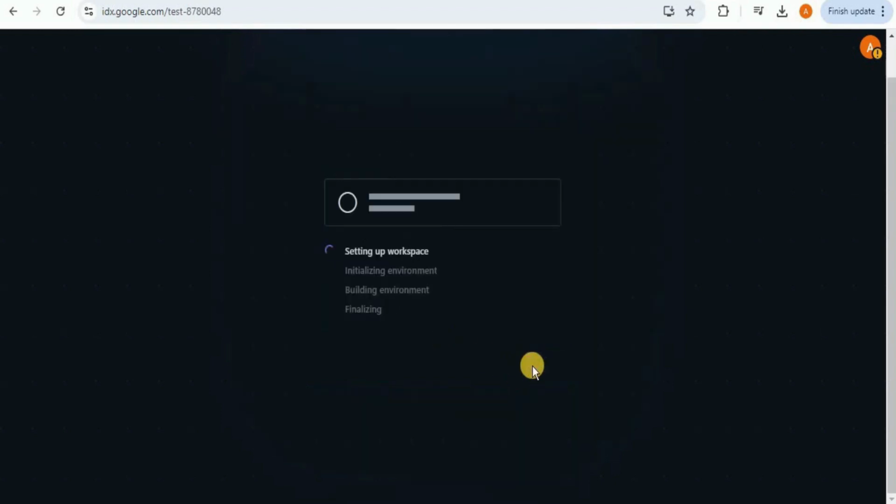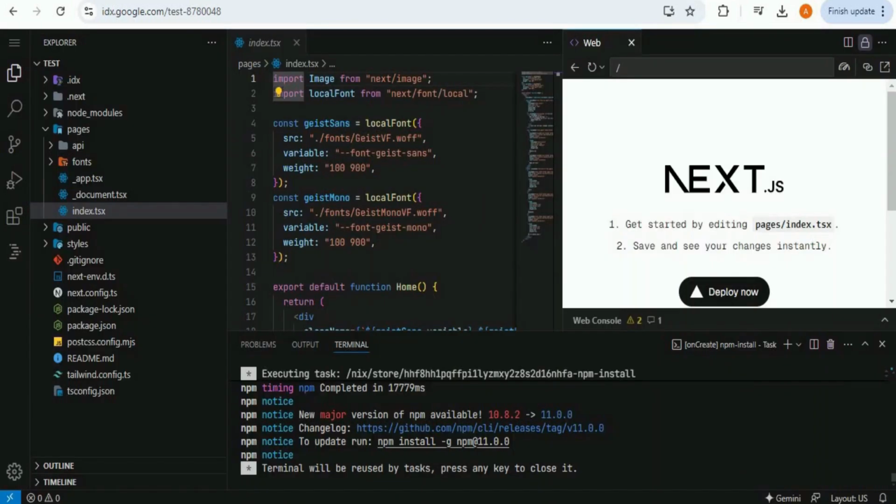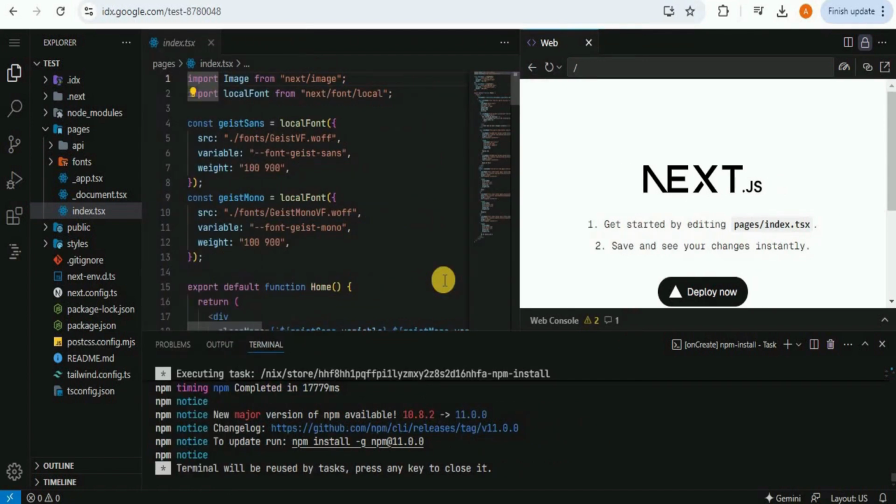It is gonna take some time to create your workspace with the template project. And once the workspace is created, you will see some dummy code inside the template, and all the different commands in order to resolve all the dependencies will be executed. So now we have a basic Next.js application template, but we actually want to use Gemini with Project IDX.